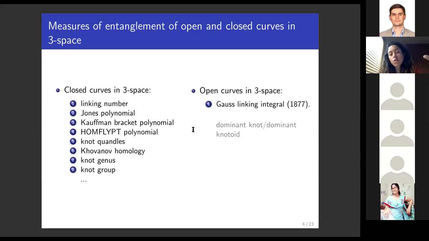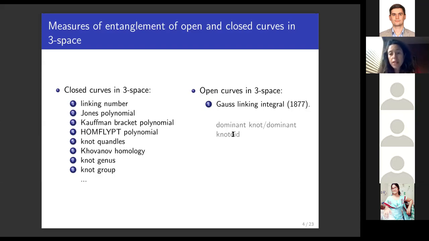And then from those closures, they saw which knot type for each closed curve occurred the most. The idea was to assign to an open curve a knot type. And so by doing this method, you can get a dominant knot that is a more rigorous way of approximating an open curve in 3-space by a closed curve. And then